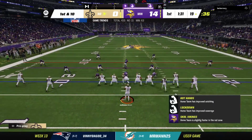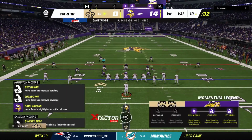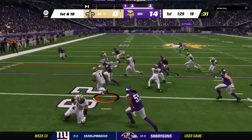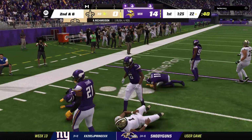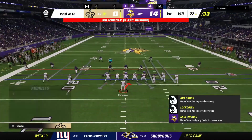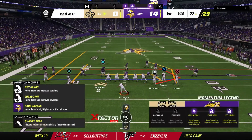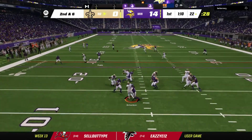The Saints offense on the field, ready to get their drive started. They are riding a 2-game winning streak into this Thursday nighter. How easy is it when you're on a roll to stay on a roll given the quick turnaround? Well, you would think it'd be pretty easy because everyone's locked in practice and meetings because everyone feels good about themselves. And for coaches, this is where they have to tell themselves, don't add too much, don't worry about game